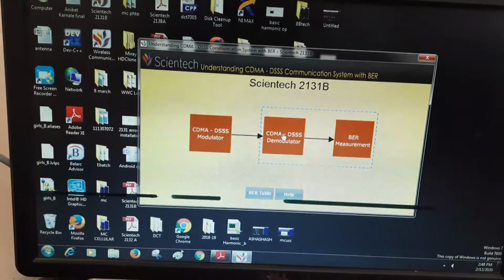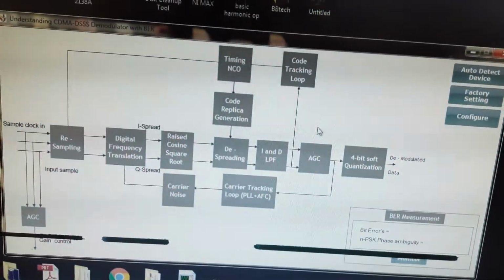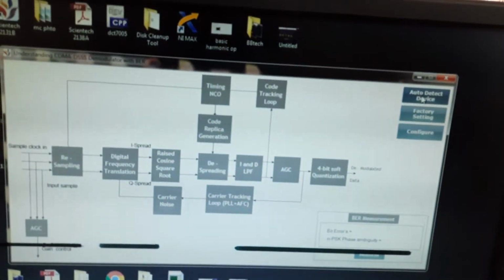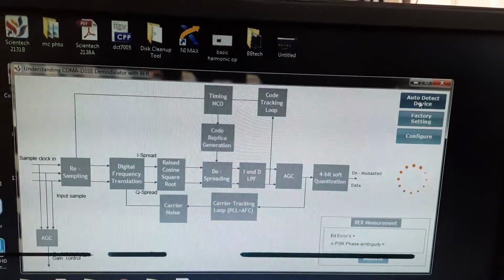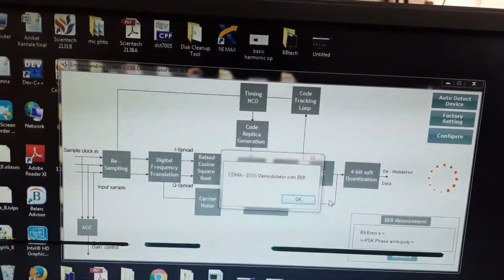So this is for the modulator. Now we'll see the demodulator block. This is the exact block which I already showed on the demodulator kit. This is the actual block diagram. Like the modulator, we can detect the board, factory reset, then configure the parameters and transmit the signal.